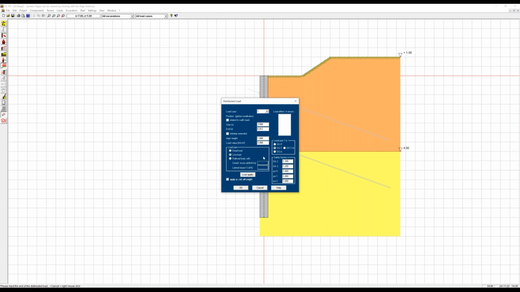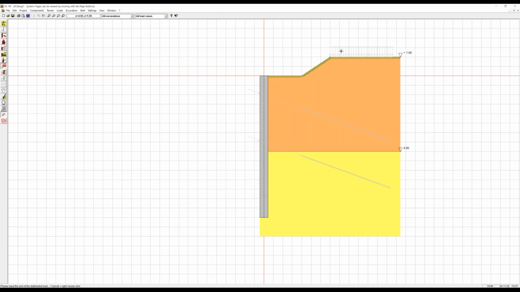So this should be a live load at this time. And if we have a permanent or temporary or accidental situation, we have different safety factors which are predefined by the program automatically. And I need a value for this load, 10 kilonewtons per square meter, and this load still isn't used at this moment. And now the most important point are the excavation stages,